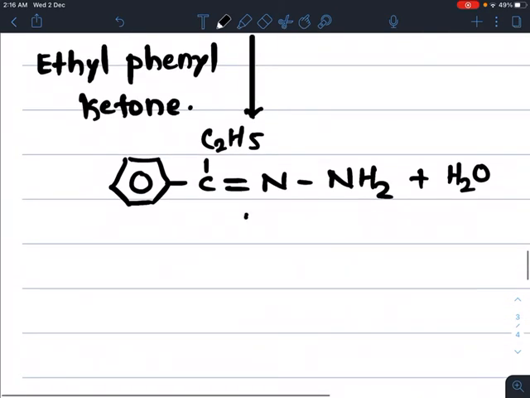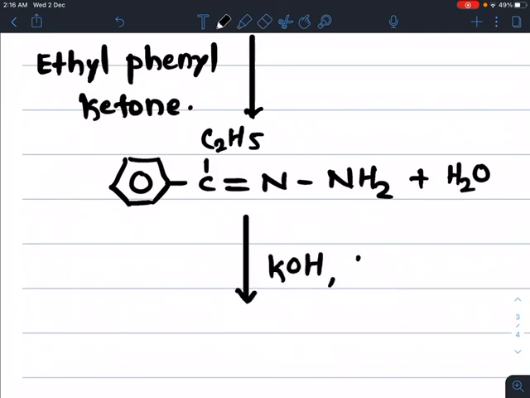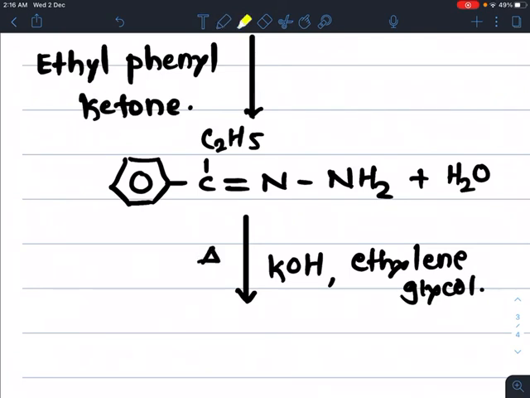This hydrazone further reacts with KOH and ethylene glycol, and the mixture is heated, we get its corresponding product. So removal of N2 takes place, N2 is removed from this hydrazone, and finally we get its corresponding